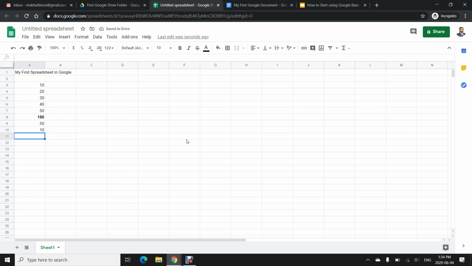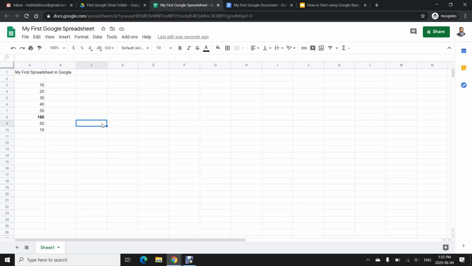Okay, now I need to give the name, my first Google spreadsheet. So Google Spreadsheet will not take an automatic name. Okay, so you need to type here. Now it is also automatically saved, no need to save every time.